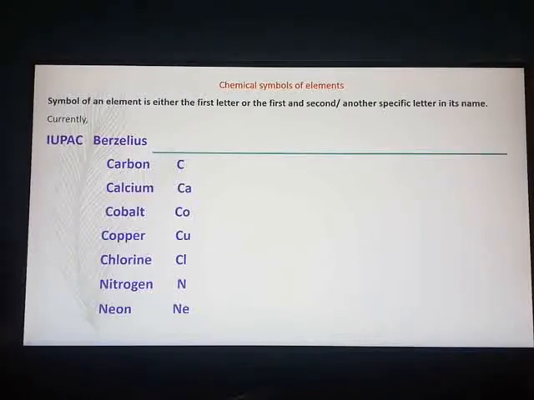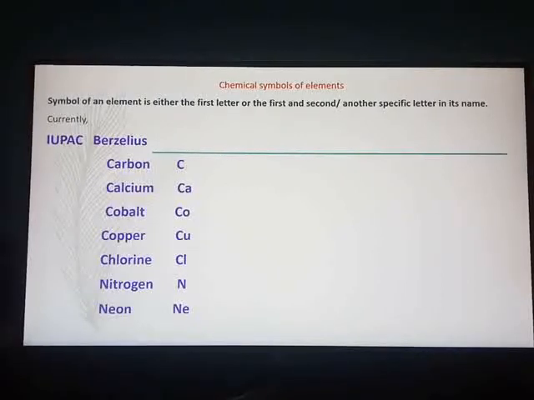Now you know, when you write any chemical equation or any name, every time you do not use the entire name while writing the equations. You use the symbols of that particular element. Now how were these symbols derived? In the initial era, Dalton used certain signs to represent the elements. For hydrogen, for copper, he had used different signs, but those were not accepted on a worldwide basis.